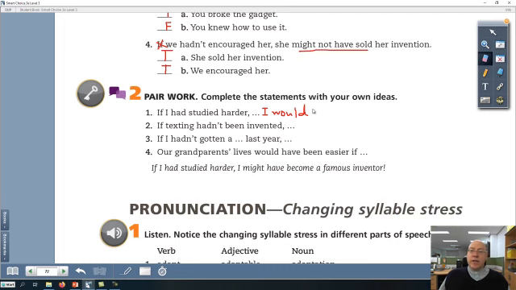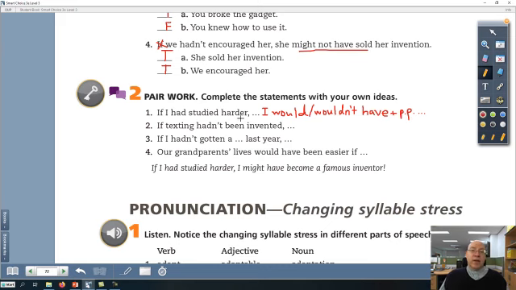We can also use a negative in this situation if we need to. Remember it says we can use a negative, so you can say I wouldn't have also. So keep in mind that you can use an affirmative or a negative, but don't forget for our main clause we need to have modal plus have plus some sort of past participle as well. So a PP, got to plug our PP in there. You can think of anything. If I had studied harder, I would have been rich.